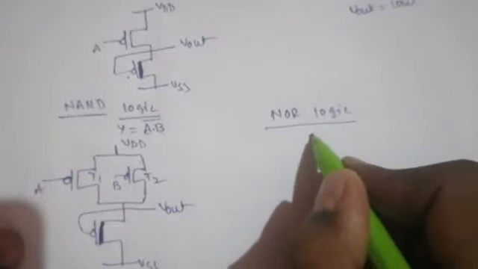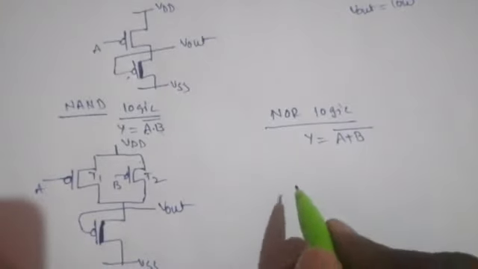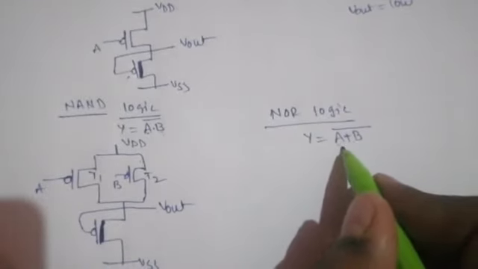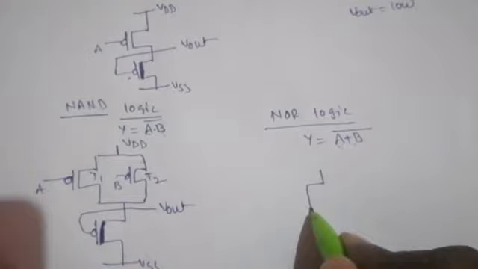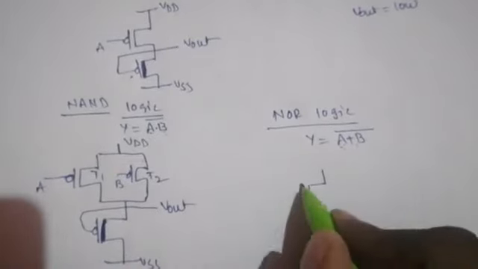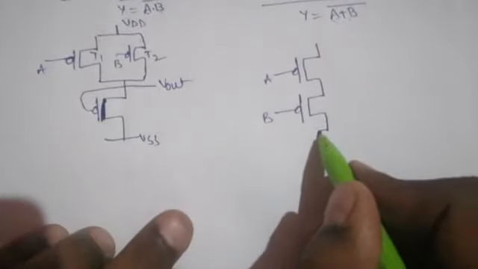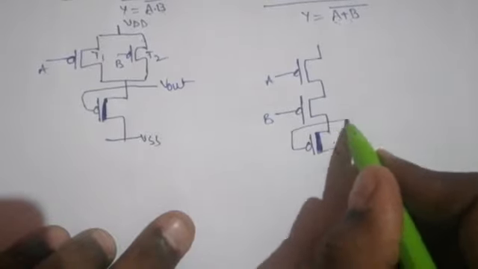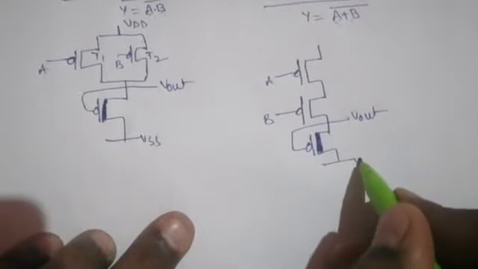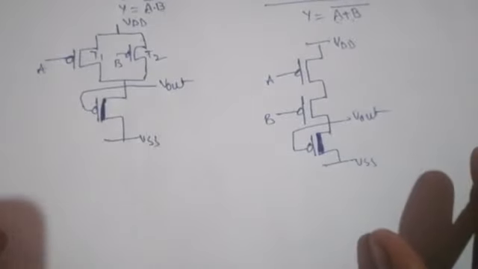If we want to design NOR logic, we consider y is equal to A plus B whole bar. In this case, these two are serial terms. In PMOS, serial terms are connected in series. So here I am considering series: this is A, here it is B, and the below part is the depletion mode MOSFET. This is the output voltage, VSS, and this is VDD. The circuit will act as a NOR logic.